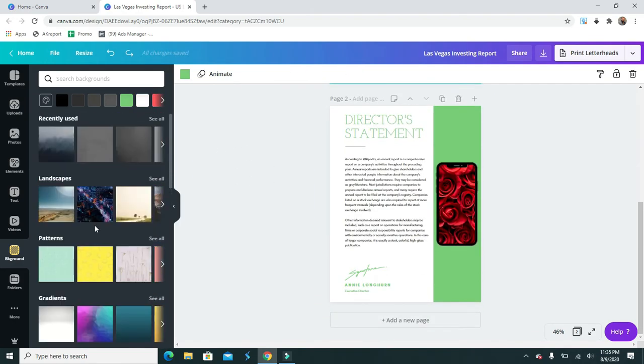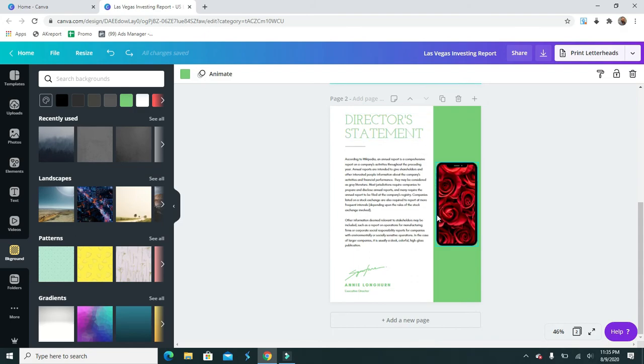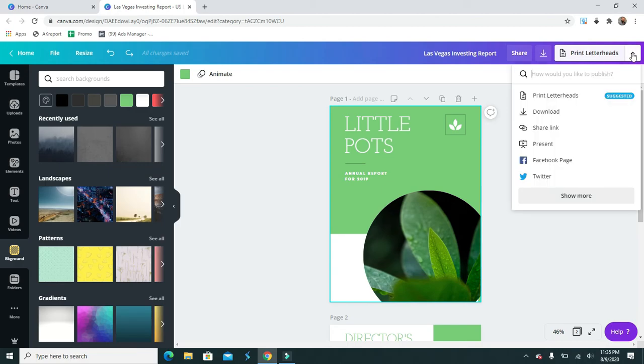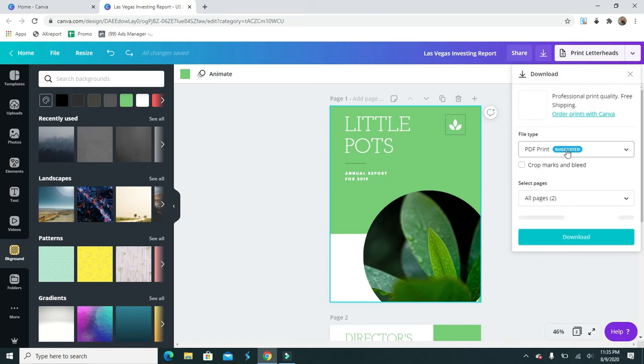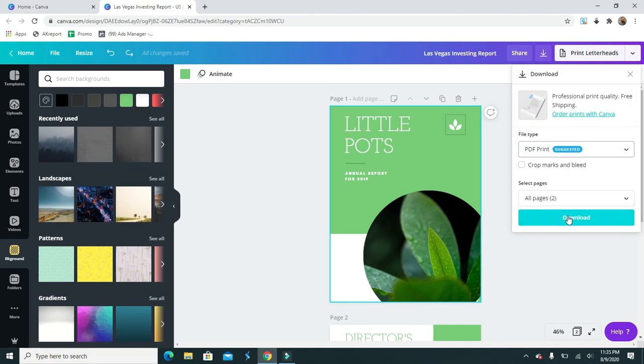So those are really the basics of having your lead magnet made. You can add in colors. There's just so much you can do. Change the font typography, size, color, bold, italic, underline, alignment, so forth. And really, all you have to do once you're ready to go, let's just say we did all the editing, did all the typing, and we're ready to save this, I'll actually want to click on this upper arrow and click on download. So I'll download this. I want to save it as a PDF. And then I will download it, save it on my hard drive, and then upload it onto my Facebook group